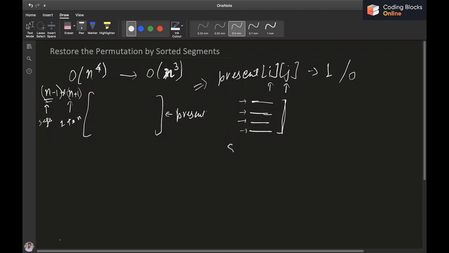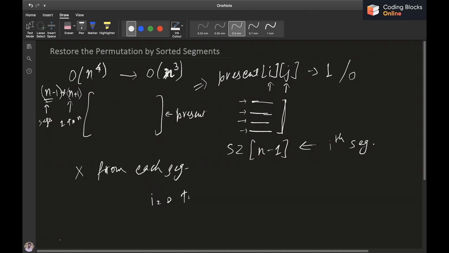Additionally, I can have an array of size n minus 1, which will tell me the size of the ith segment. While deleting an element x from each segment, I can iterate from i equals 0 to n minus 1, and check if present of i x is set, which means that x is present in the ith segment.